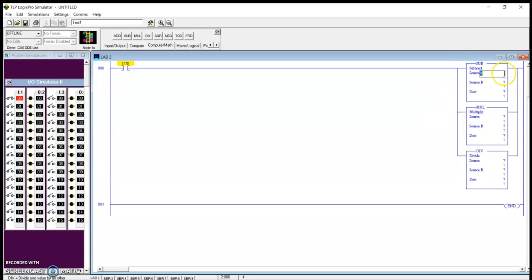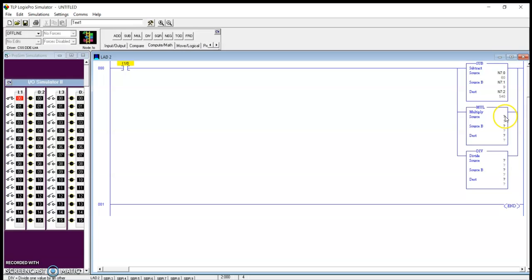So 32. We will give the address. N7:0 and then N7:1. So Fahrenheit minus 32. This will be stored in one address, N7:2.